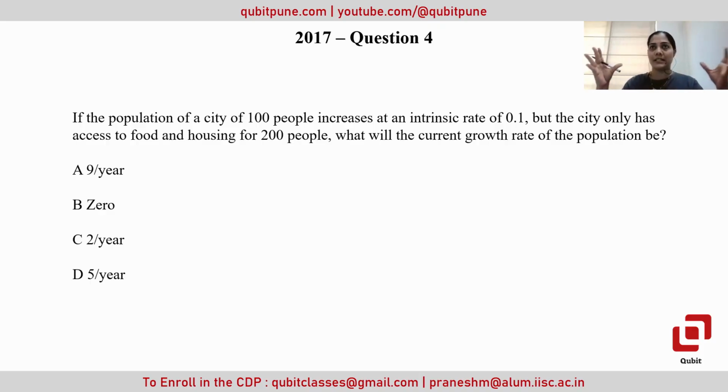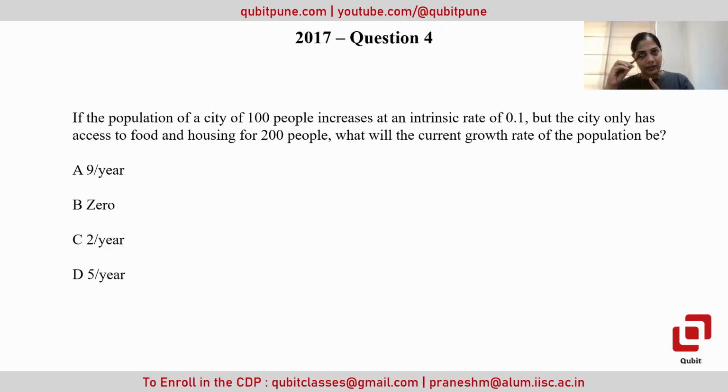So this means the resources are limited. So this is a pattern where we first have to look for the logistic growth. For logistic growth, the growth rate dN/dt is given by dN/dt = rN(K - N)/K. Here K is the carrying capacity, N is the population present at time t, and r is the intrinsic growth rate. So if we calculate this particular thing,